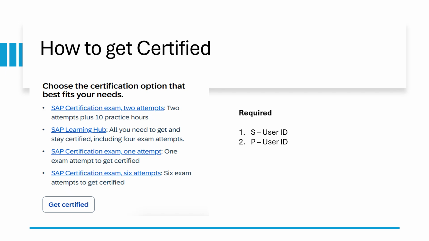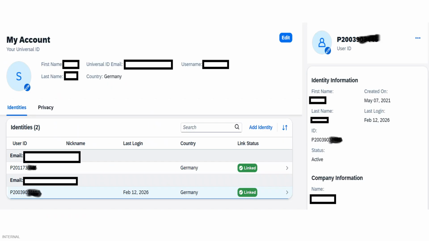You have to log in with your university email ID, and you will get 2 attempts for doing any certification in that catalog. And the catalog will be limited for students, but you can take up any certification exam. It's free of cost for students, and you get 2 attempts if you log in with your university email ID. Now moving on to next.